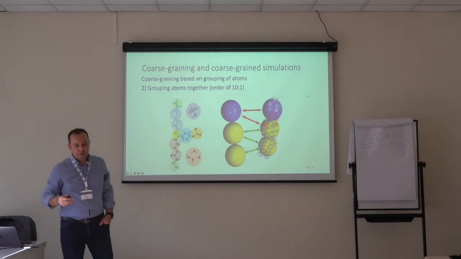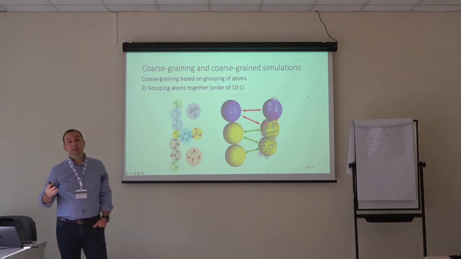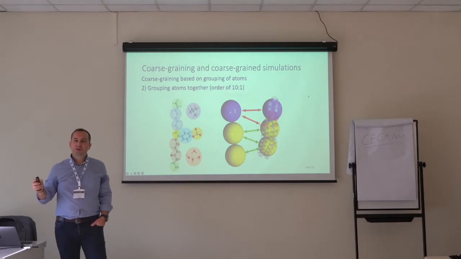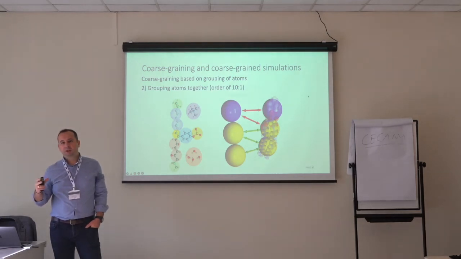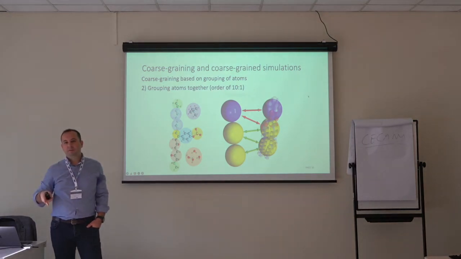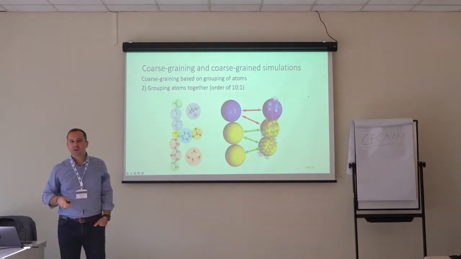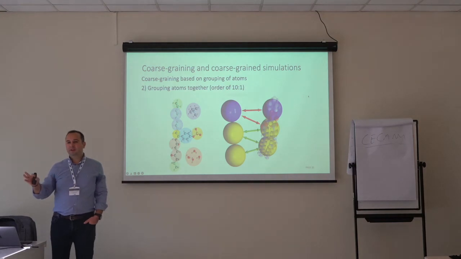If you are really using DPD, so if you are not using the Martini type of coarse graining, or if you are using a coarse grain method that you want to build by yourself, then you need to have some chemistry knowledge, because you cannot cut, for example, a benzene ring in half. I mean, you can do that, but at the end, that might give you some other troubles if you are computing the potential. Because in MD, I already told you about the concept of force field, and in classical atomistic simulations, you have molecular dynamics